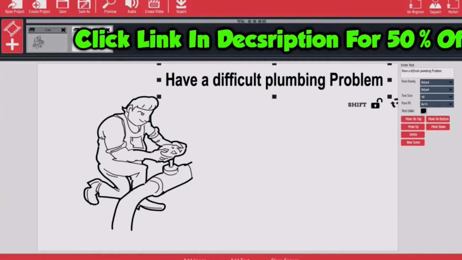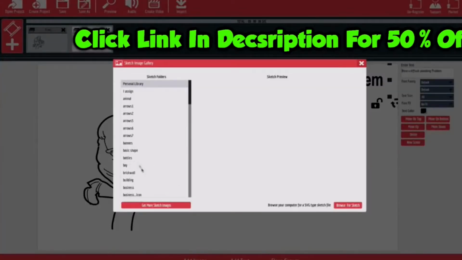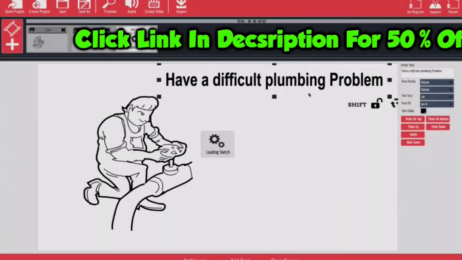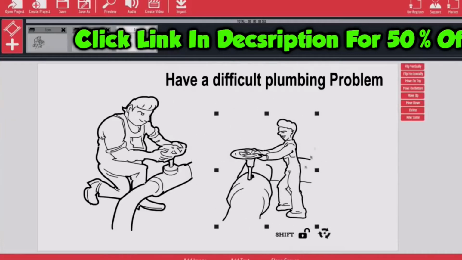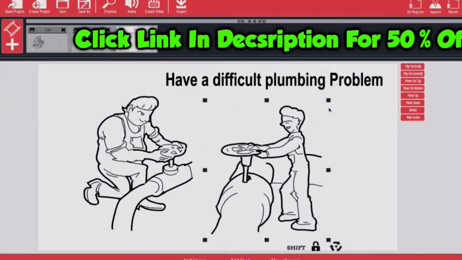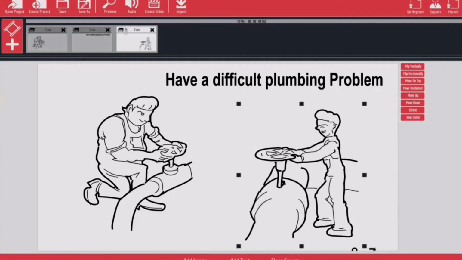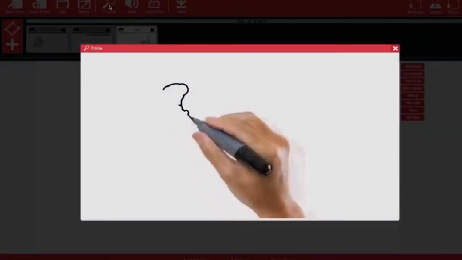So for instance, we could hit Add Image, and if we go back to our plumbing niche here, we could show, oh, let's see, how about this guy right here? And again, we can resize this. Okay, and already we've got a slide here, and if we play this back by hitting preview, you can see